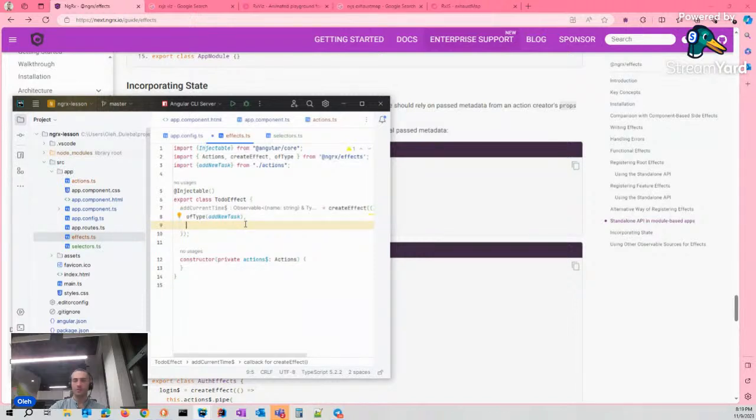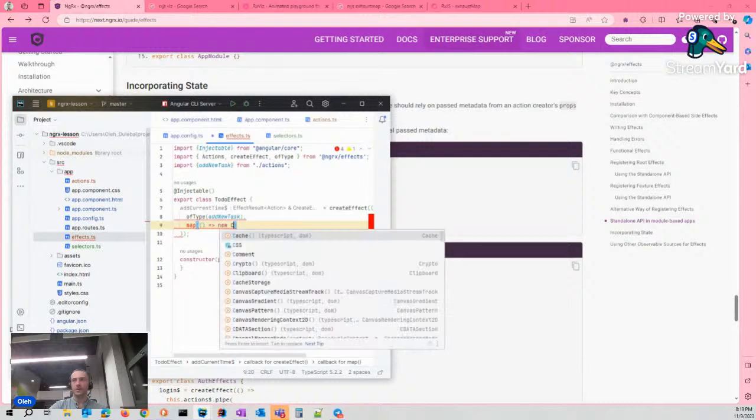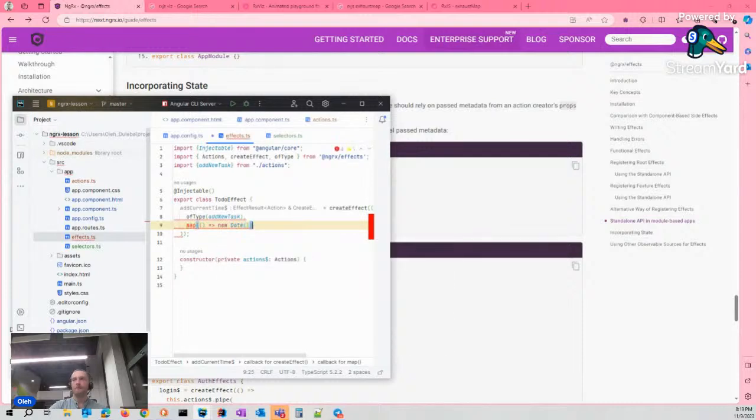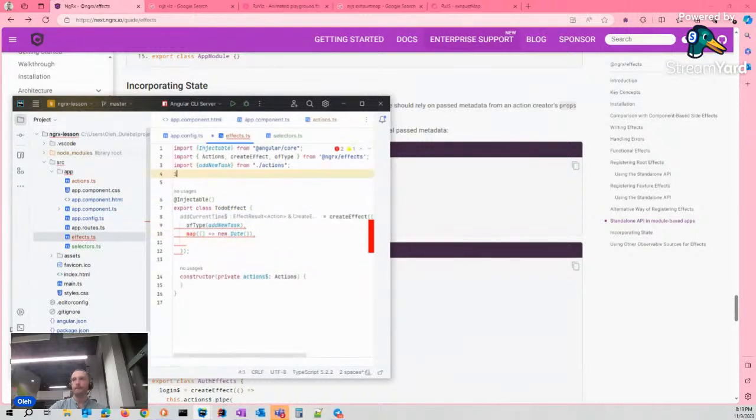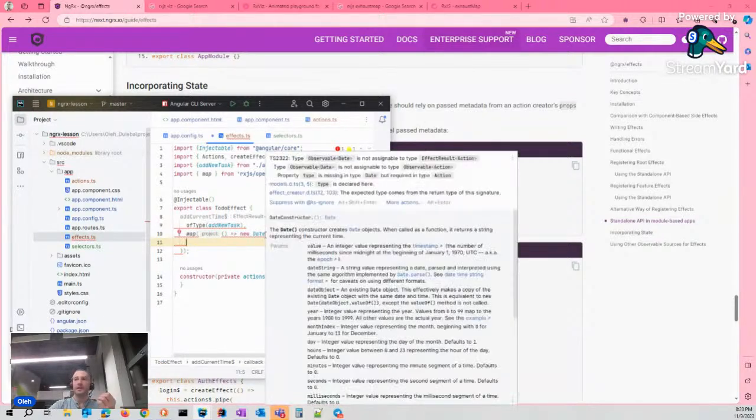And what I want to do, just using the map, create new date. And I have to emit another action. This arrow indicates it.